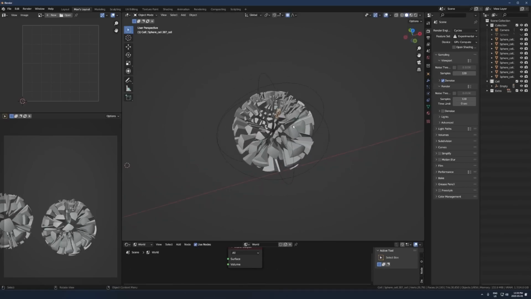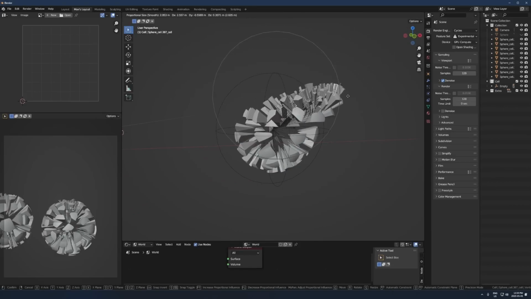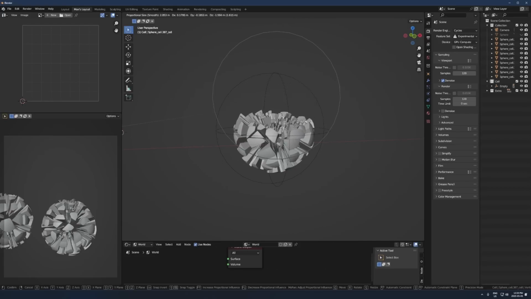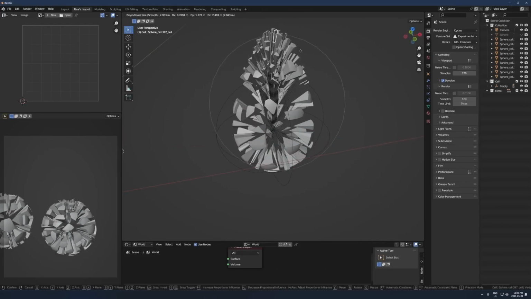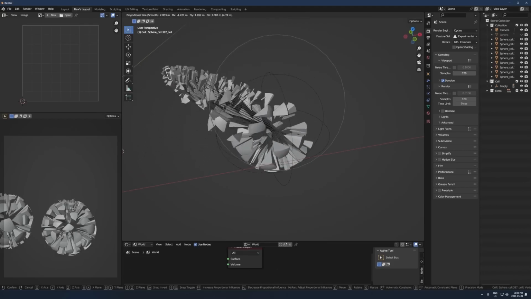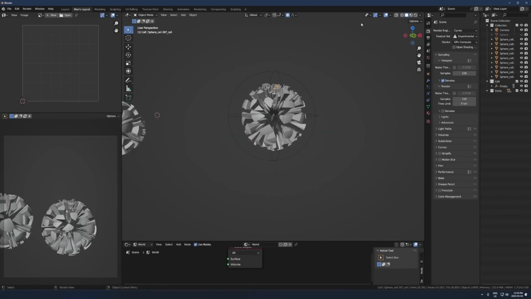So if I move this around, I'm just pressing G to grab, and when you scroll in and out with this, you've probably used proportional editing. I probably don't need to explain how this works, but just in case you don't know, this is what it's doing. Now you can really just grab one piece and manipulate the shape however you want in any cool way. And what happens is if you turn on this setting, affect only locations,